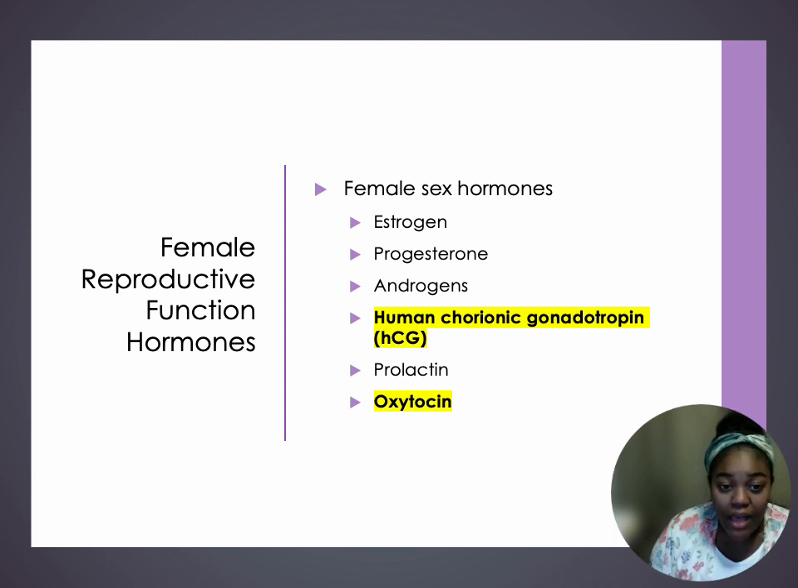Now we have oxytocin, and this is one that works similar to prolactin. Prolactin, again, stimulates lactation. Well, oxytocin also stimulates milk ejection and lactation. But another important function of oxytocin is that it stimulates the contractions during active labor. So more oxytocin is produced as the labor progresses until that infant is born out of the